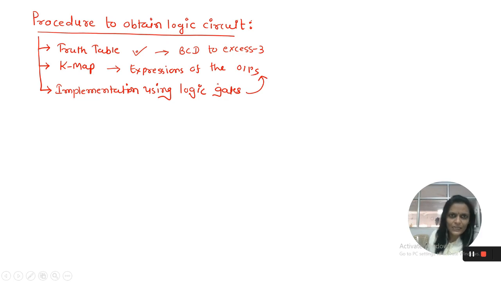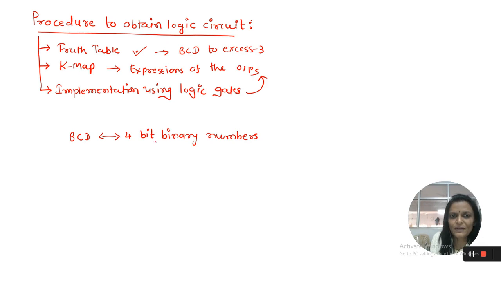So let us quickly look at the basics of the BCD numbers. We know that BCD numbers are equivalent to 4-bit binary numbers. But what is the major difference between 4-bit binary numbers and BCD numbers? 4-bit binary numbers range from 0 to 15. That means a total of 16 numbers are there in 4-bit binary numbers.